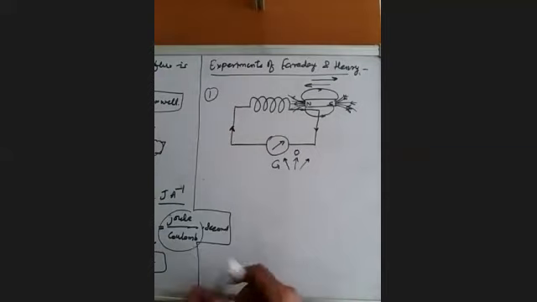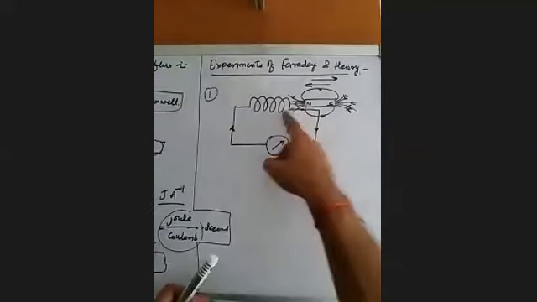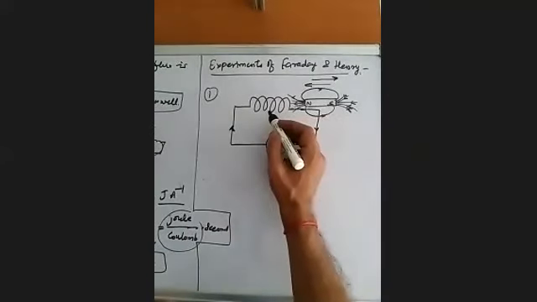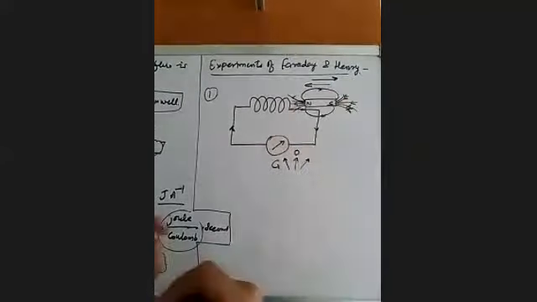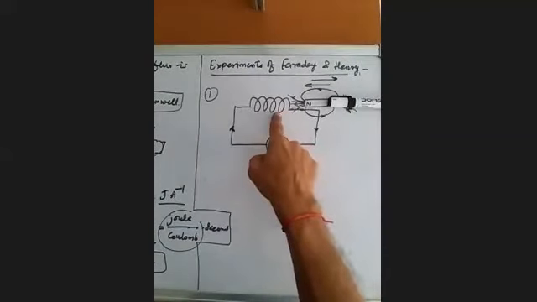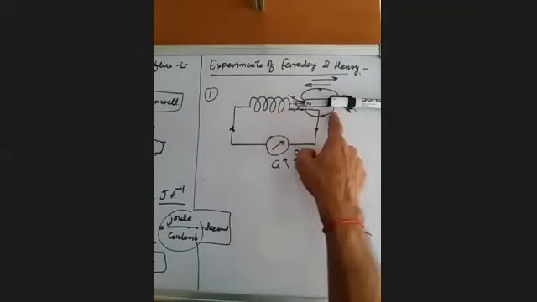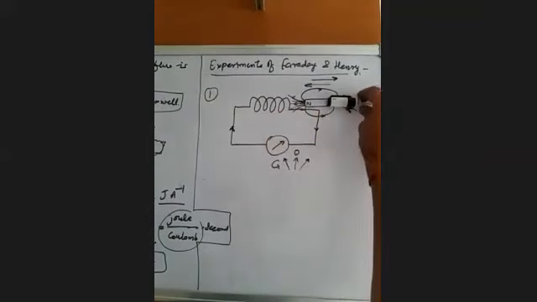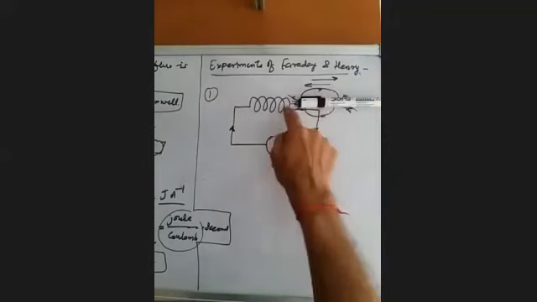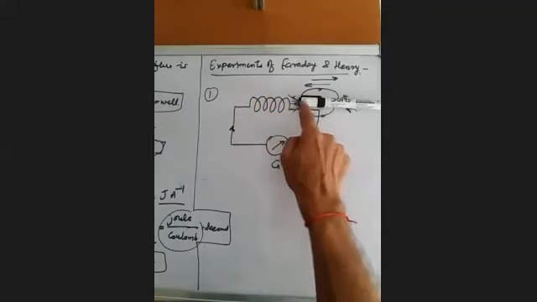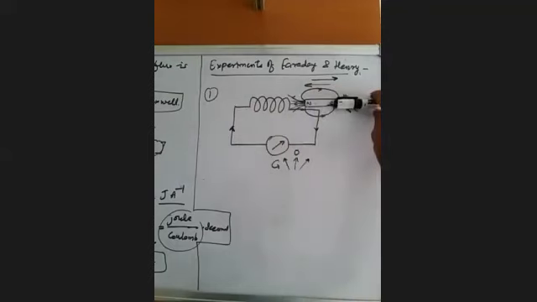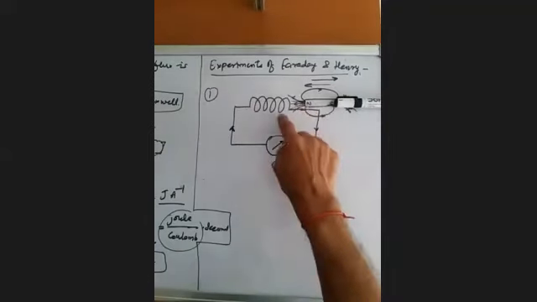The reason is the change in magnetic field linked with this coil. When the magnet is far away, the magnetic field linked with this coil due to this magnet is weaker than when it is brought close to it. तो जब मैग्नेट को हम नजदीक लाते हैं तो इस कॉइल के साथ जो इस मैग्नेट का मैग्नेटिक फील्ड लिंक हो रहा है तो वो स्ट्रांग होता है. जब हम दूर लेके जाते हैं तो वो चेंज होके वीक होना शुरू हो जाता है.